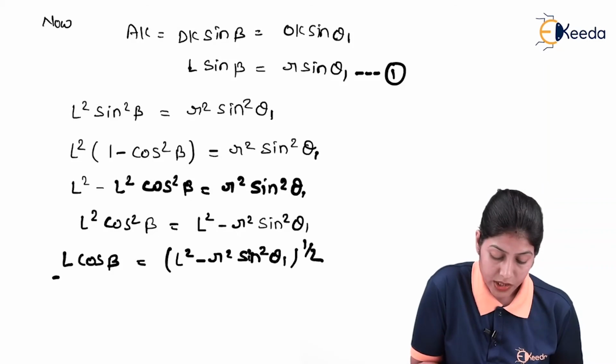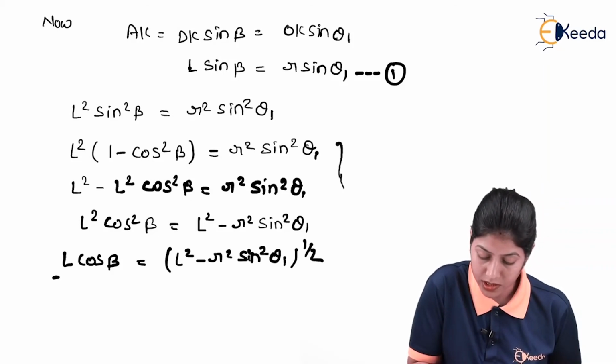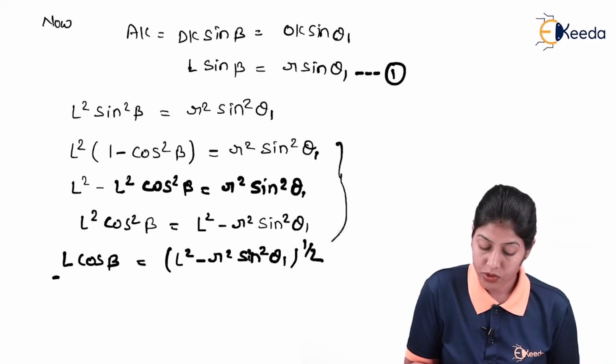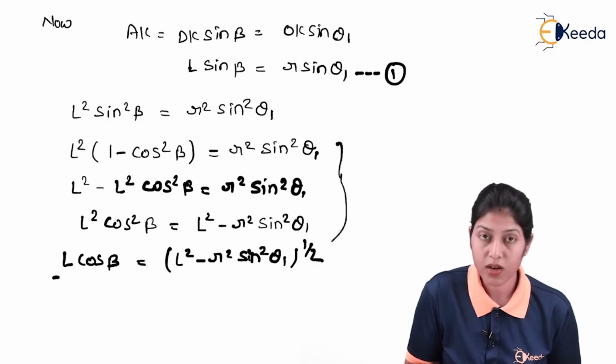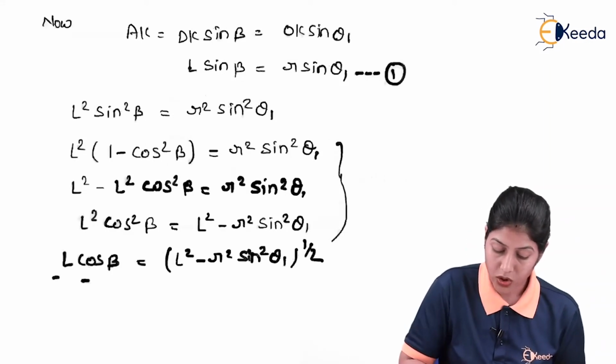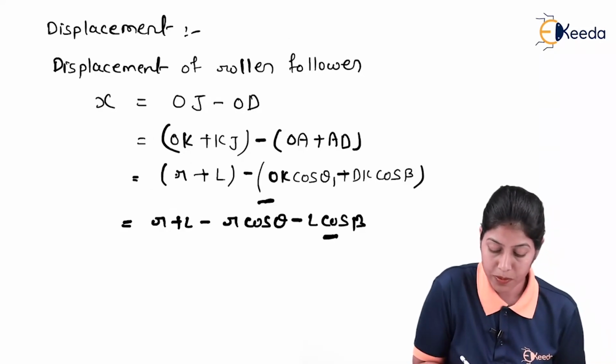Here sine square beta will be 1 minus cos square beta, and if we simplify this, so this is the complete simplification. So L cos beta will be L square minus R square sine square theta 1 to the power 1 by 2. And if we put this particular equation L cos beta in this equation of displacement, so